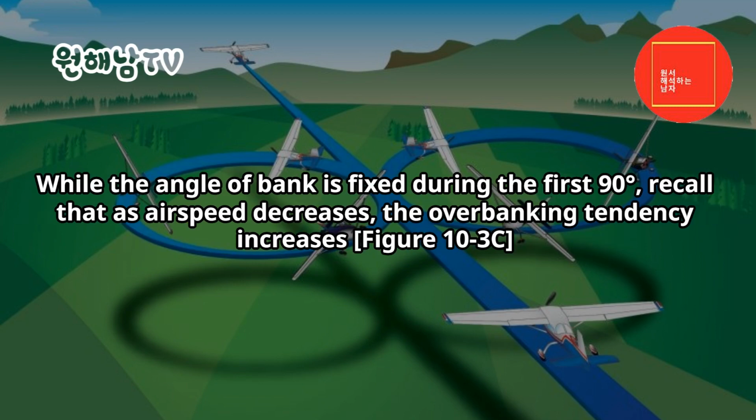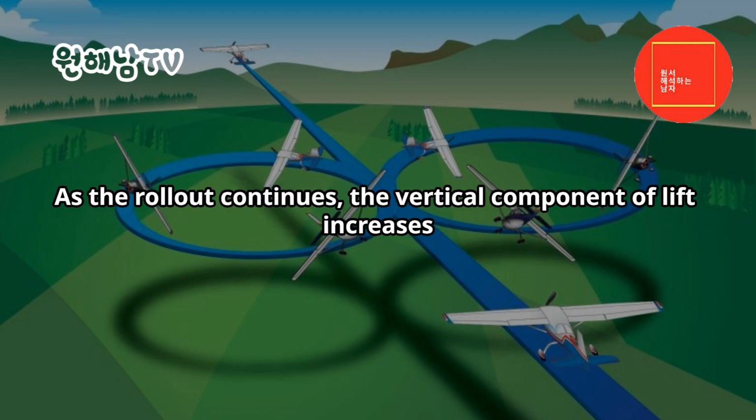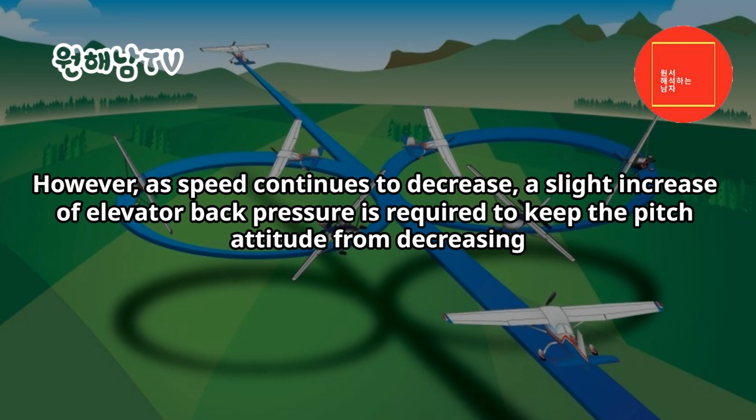While the angle of bank is fixed during the first 90 degrees, recall that as airspeed decreases, the overbanking tendency increases. As a result, proper use of the ailerons allows the bank to remain at a fixed angle until rollout is begun at the start of the final 90 degrees. As the rollout continues, the vertical component of lift increases. However, as speed continues to decrease, a slight increase of elevator back pressure is required to keep the pitch attitude